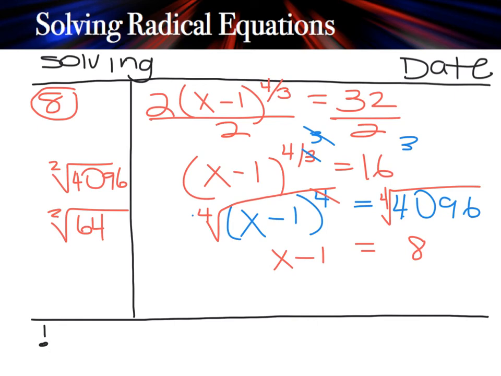We're not going to have too many of these big numbers, so this one should be okay. Remember the fourth root is the same way: it's going to be a plus minus. So you're going to have plus minus 8, and then you add the 1 over on the other side. So x is going to equal